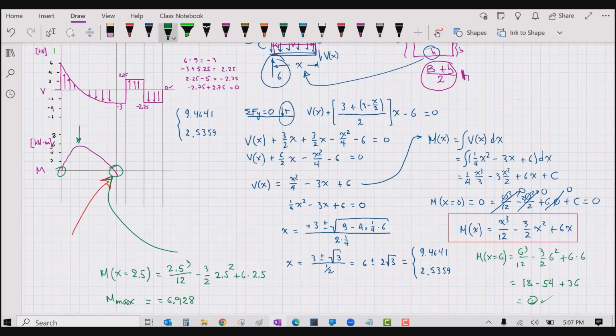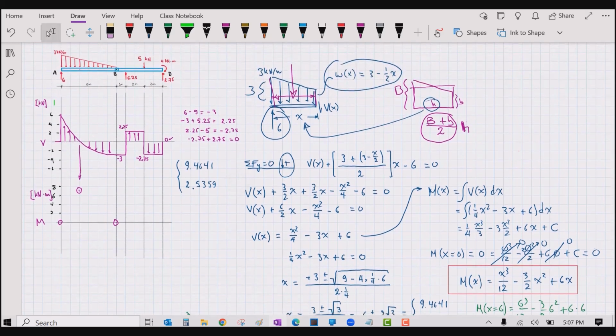So let's draw it a little better here. It has to go through this point here, start at 0, has to go all the way up to 6.92, so that will be almost 7. Here where the shear is 0, and it goes through 0 at the pin. Let's go down the pin. Okay, so this is the pin,